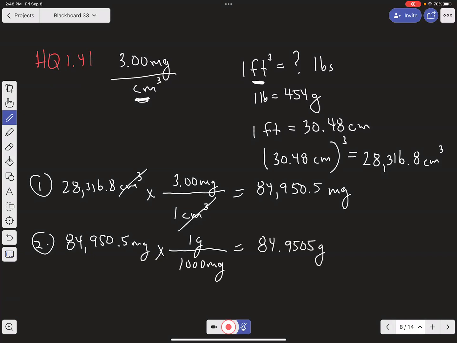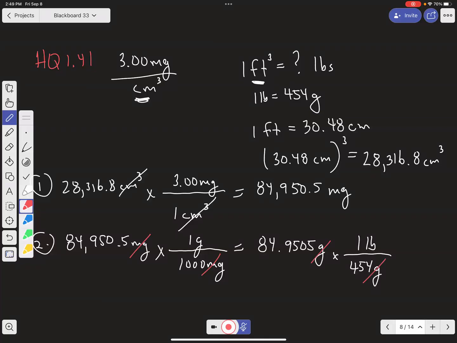The last step would be to say, for every 1 pound, I have 454 grams of this material. So milligrams canceled, grams cancel out. We divide by 454, and I get an answer of about 0.1871